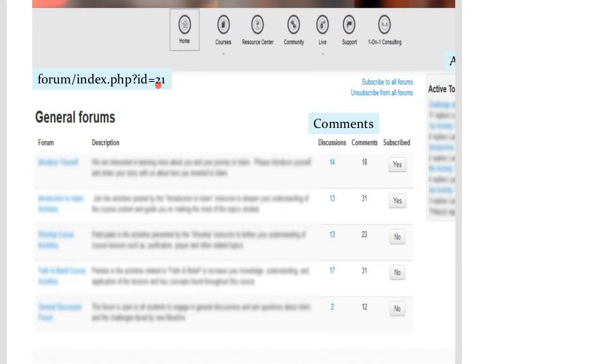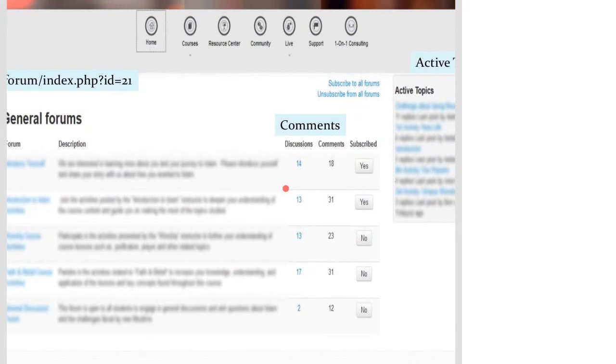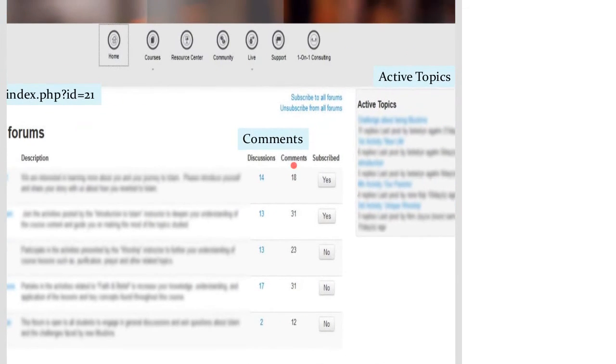So rather than giving the users the course and then going from the course to look into forums, we directly embed this link, the forum index.php, inside the menu, which gives a very nice interface where the forum and the description can be seen. What I personally added was this comments